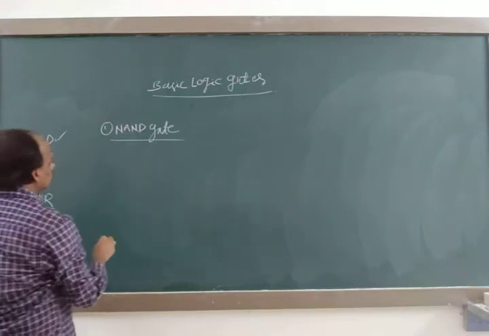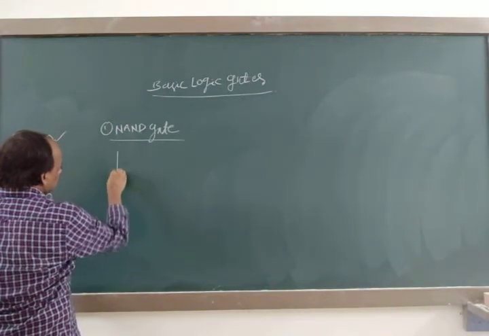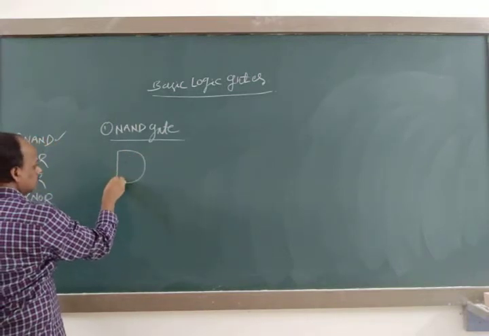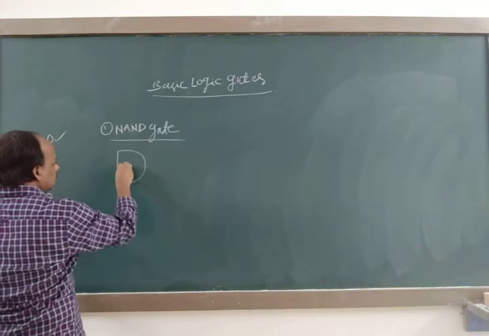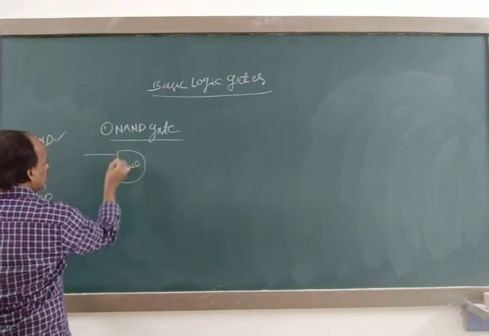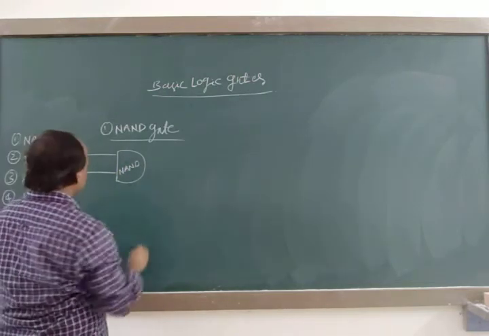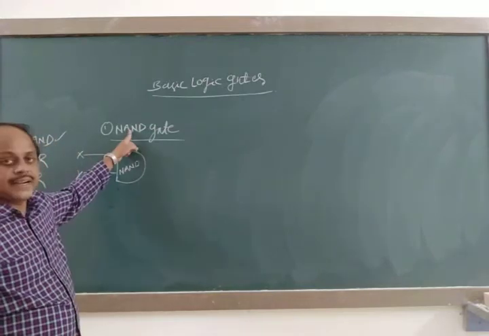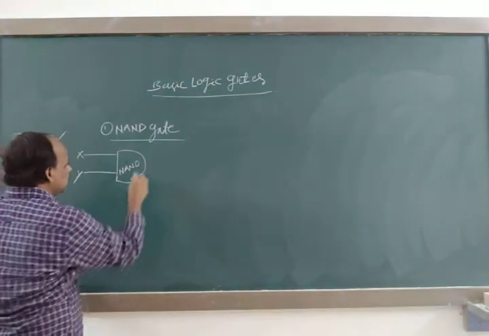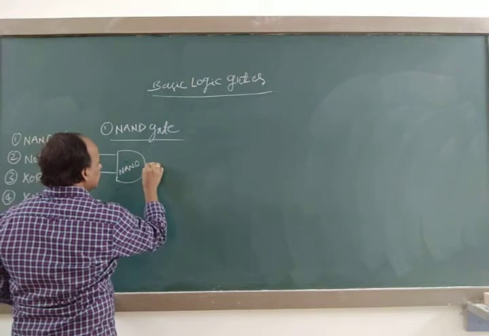Its logic diagram is this, which is nothing but NAND gate, with two variables x and y. This NAND gate is constructed with the help of AND gate and NOT gate. That's why we have to put a bubble here. Then it works as NOT gate. Then we get the result